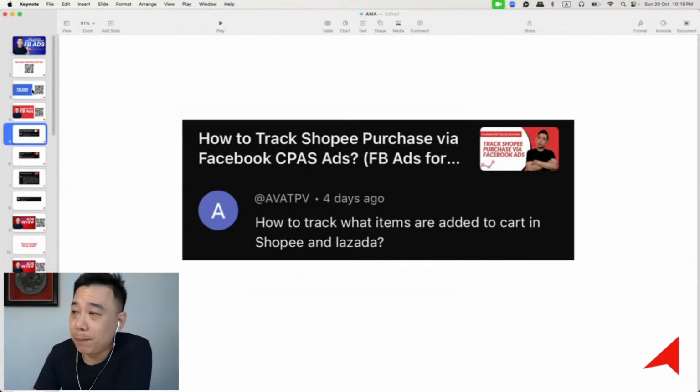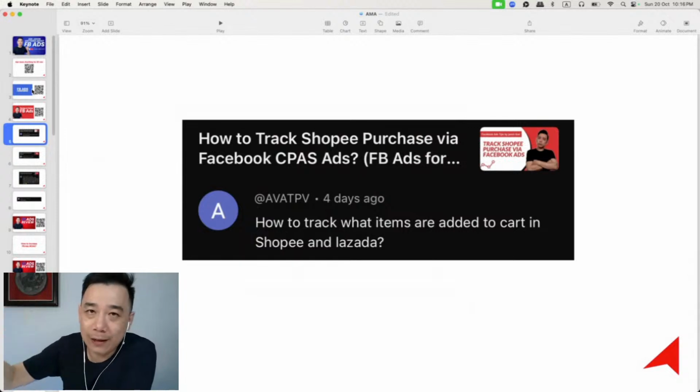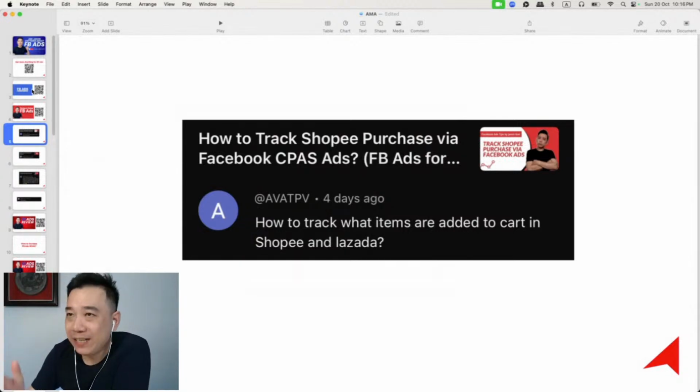So if you run ads on Shopee and you're not sure, because now your question is about add to cart. I think the quick answer is you're not able to track what item added to cart. But one thing you can do here is I always encourage my clients, whenever there is a near double date, like 99 or the payday, which happens a lot on Shopee and Lazada, you should consider sending a message to people who have actually added things to cart. I think you can actually do that. I'm not sure whether it's a paid feature because I don't really manage anything on the client's Shopee site, but we can always send a message. Although the conversion may not be very significant, that's one way we can actually capture them.